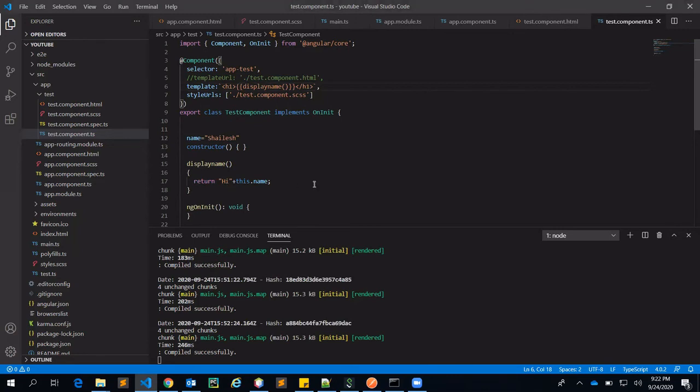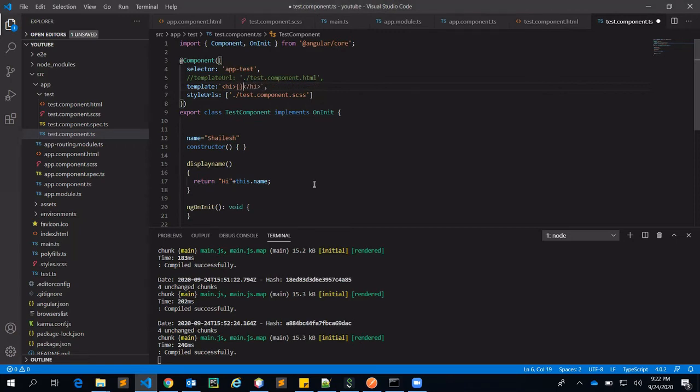So I think you got the idea of interpolation. I have tried my best to explain it to you. Now, what is the disadvantage, what can you do and what can't you do using interpolation? There are some things you cannot do: you can't do some kind of expression evaluation and then store that result into a variable. That kind of assignment doesn't work in interpolation. I'll show you the same thing.